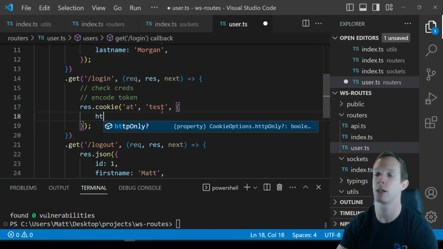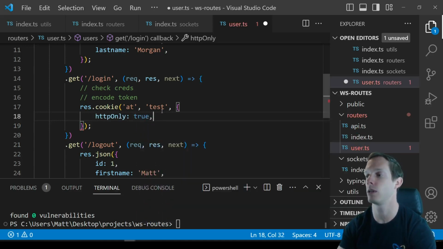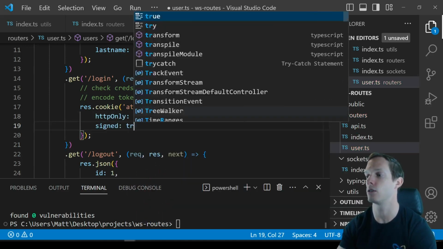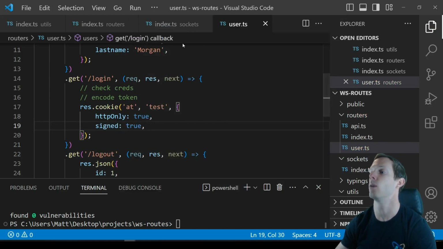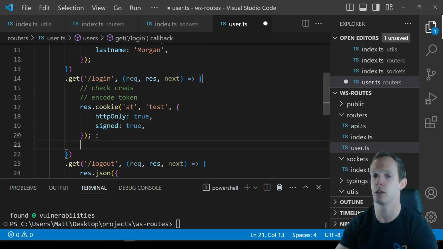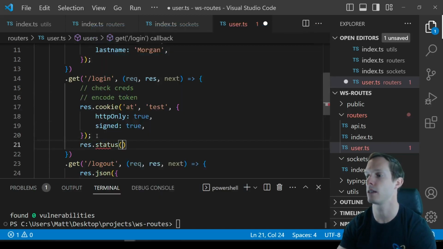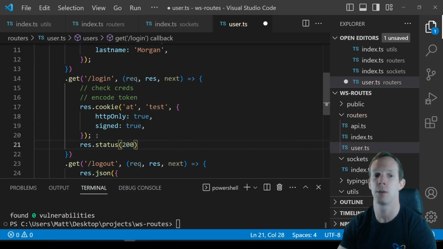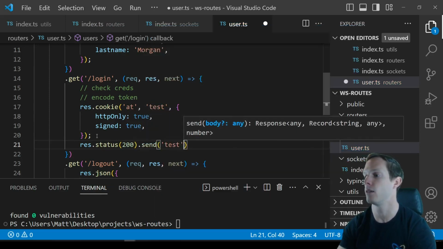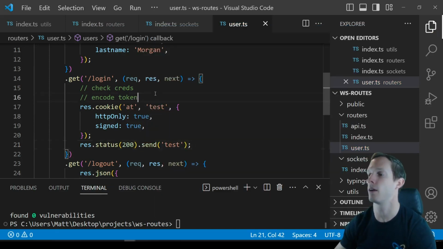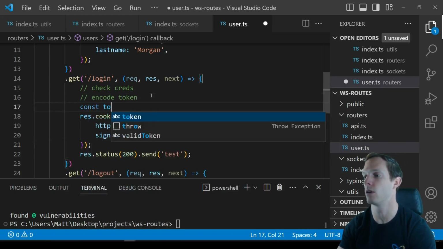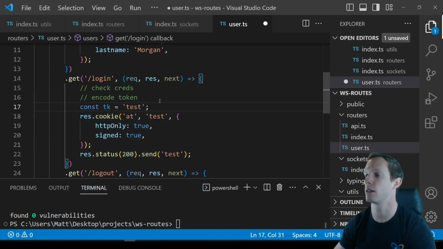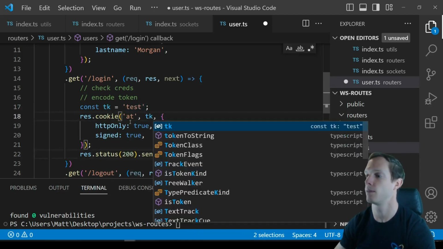And we're going to make sure that we use the HTTP only as well as sign true. So it's going to actually sign it with our secret that we passed in. And then finally for log out, make sure we actually send something back. So res.status 200, and then typically you would actually send back the encoded token. But in our case, our TK just equals test, and then we're going to be passing in the same value,